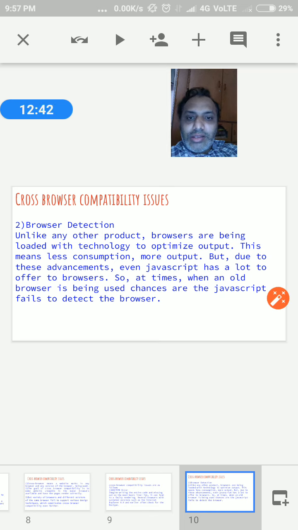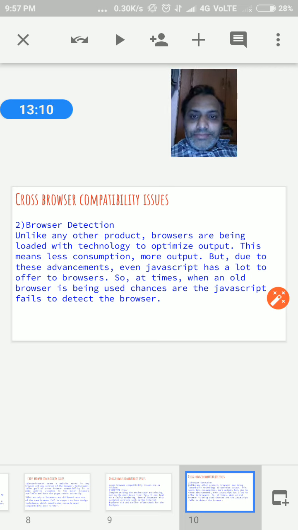This means less consumption, more output, but due to this advancement, even JavaScript has a lot to offer the browser. So when an old browser is being used, chances are the JavaScript fails to detect the browser. So again we have a problem.